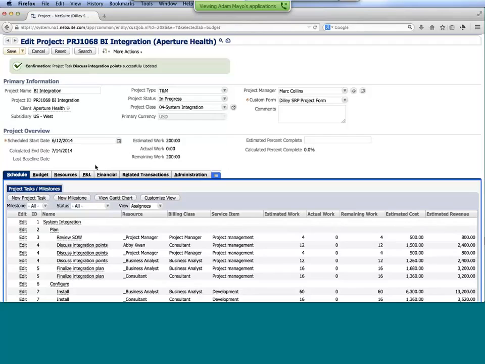Okay. So now that we've gone in and allocated Abby, we've staffed out the project, we're going to switch gears and have Abby actually enter some time and expenses against the project and the individual tasks that we would be scheduling her against. So again, if we're just catching up to where we are here, we've built out the project, we've assigned our schedule, we've built out our project budget, and we've scheduled out our resources.